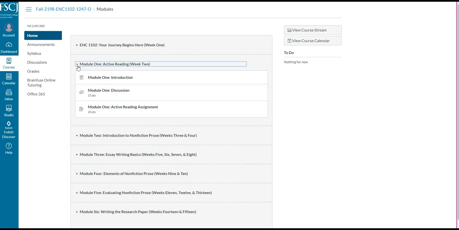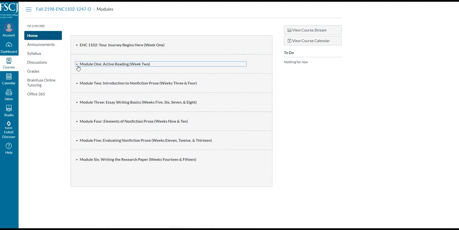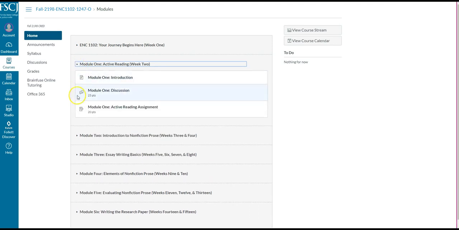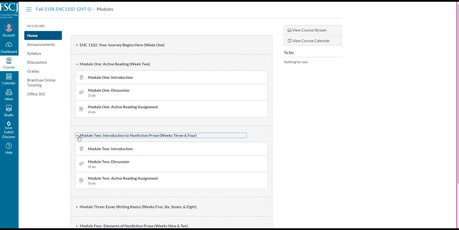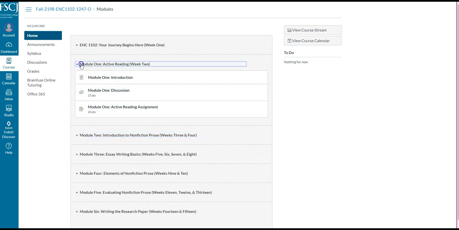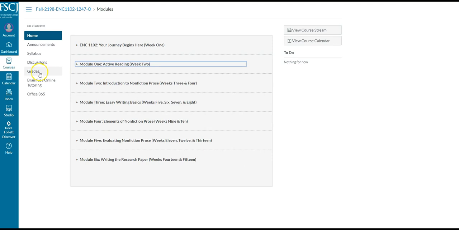As I mentioned, you're more than welcome to work ahead through each module. I just don't take assignments after the due date. Okay, and so that you can kind of have the breakdown right here of all of the modules that you can work through. The next item that I want to show you is grades, and it's a really great feature